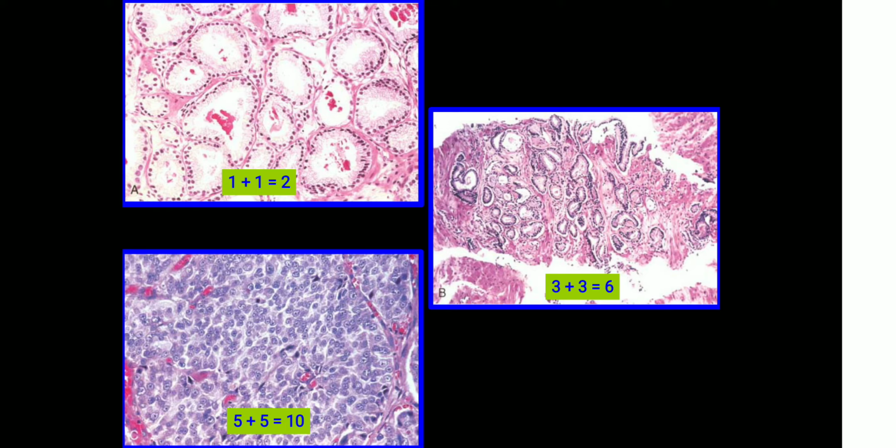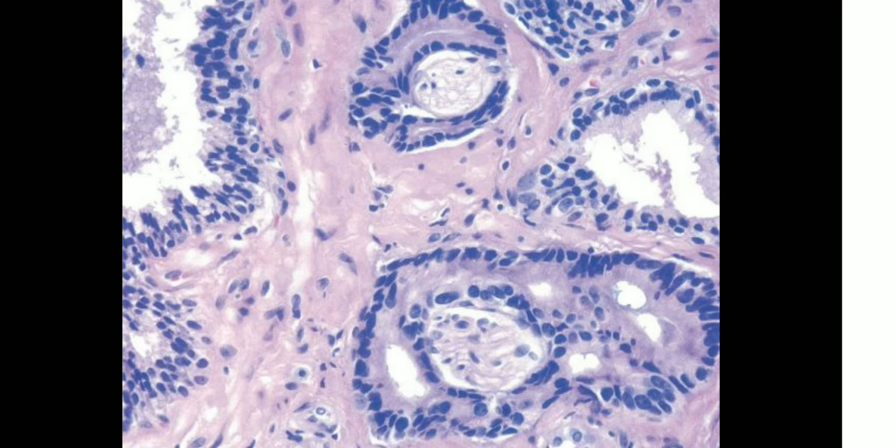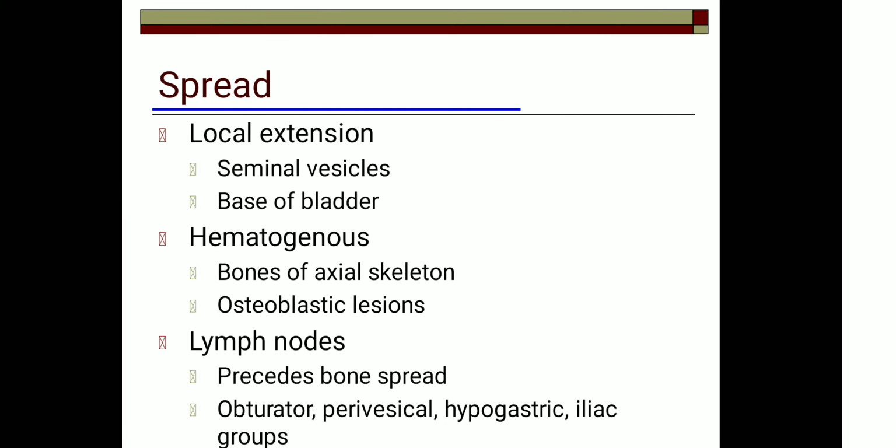Now the middle diagram shows discrete, separate glands. The predominant pattern as well as the common pattern, the whole prostatic biopsy is showing this pattern. So that is 3, the discrete glands, which have some different features from score 1. So here it is 3 plus 3 equals 6. So that's how you assess.